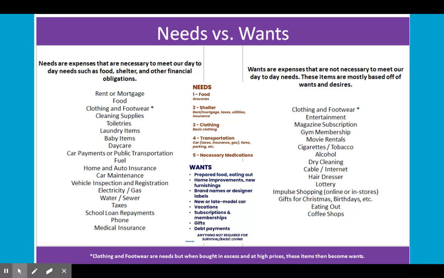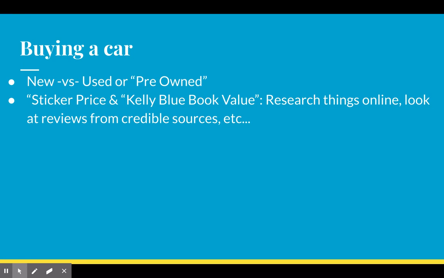Well, Mr. Moore, if I want to go to work and have a job, I'm going to need a car. True, probably true. Okay. Some cities and places that people live, people don't need cars. There are some very successful people who don't own cars because they live in big cities and there's great public transportation. And if they really need to get somewhere, they might Uber it. And interestingly enough, if you're only using a car a couple times a month, maybe it's not worth it. We need transportation, but maybe we don't need a brand new car, right? That's the needs versus wants.